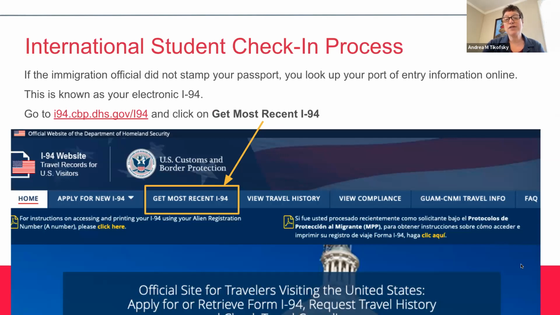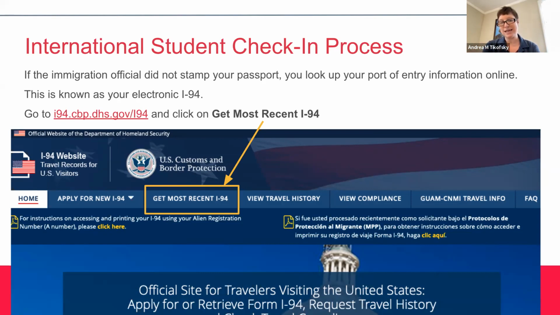So if the officer at the port of entry doesn't put the stamp in your passport, I had mentioned that you can download the information from the Customs and Border Patrol webpage. This is an image of where on the webpage you can get that information. So you're just going to select Get Most Recent I-94.